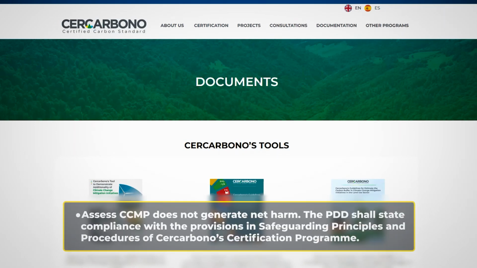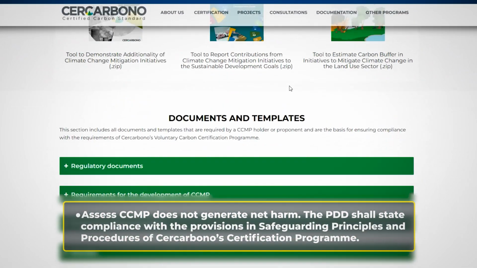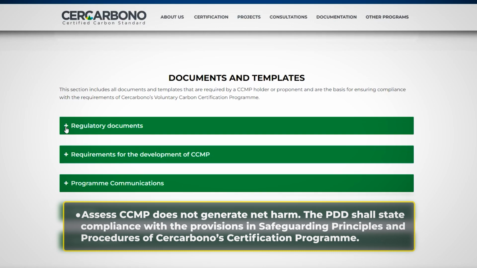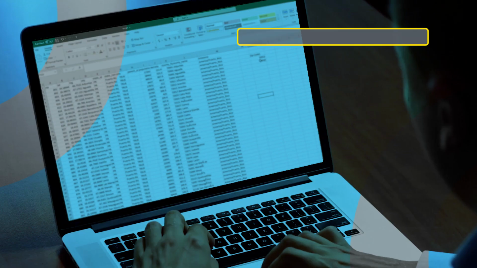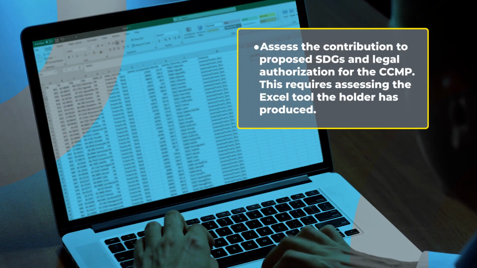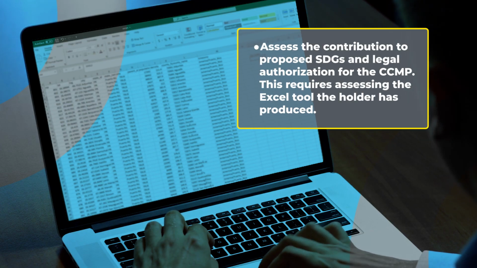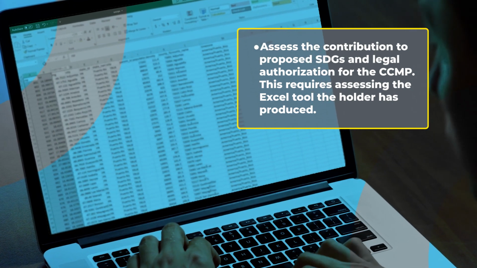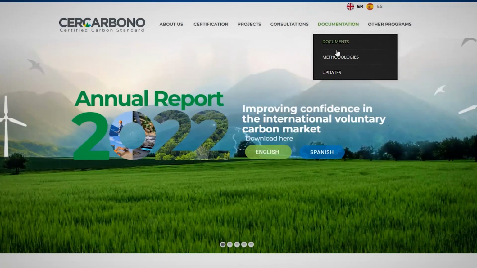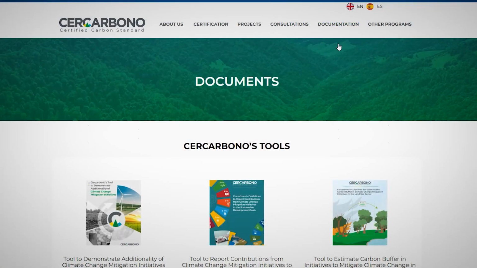Assess that the CCMP does not generate net harm. The PDD shall state compliance with the provisions in safeguarding principles and procedures of Cercarbono's certification program, and assess the contribution to proposed SDGs and legal authorization for the CCMP. This requires assessing the Excel tool the holder has produced. The Excel document of this tool is part of the SDGs tool package, available at